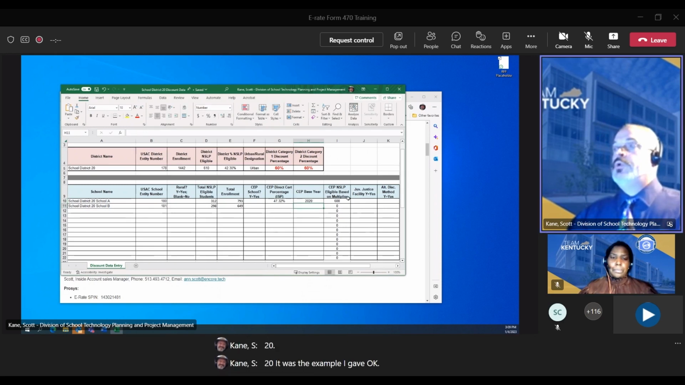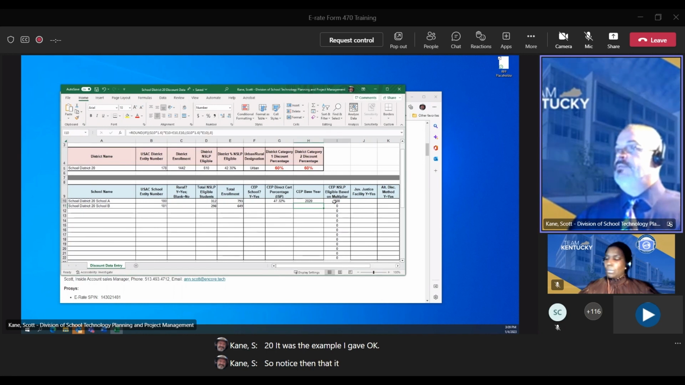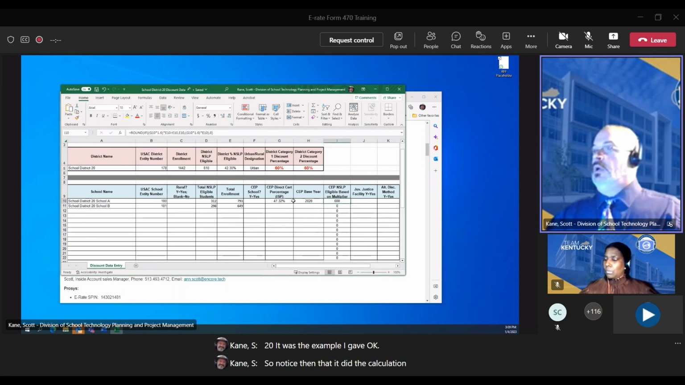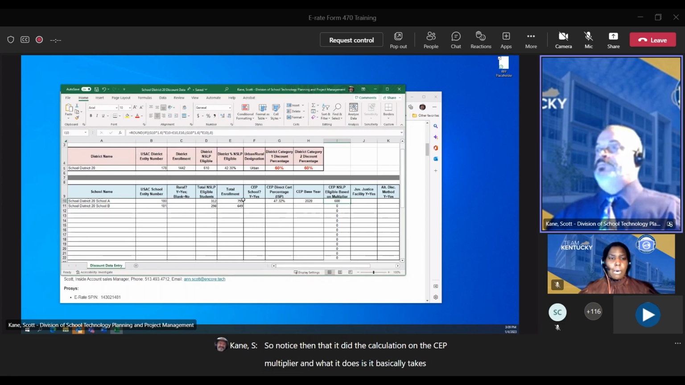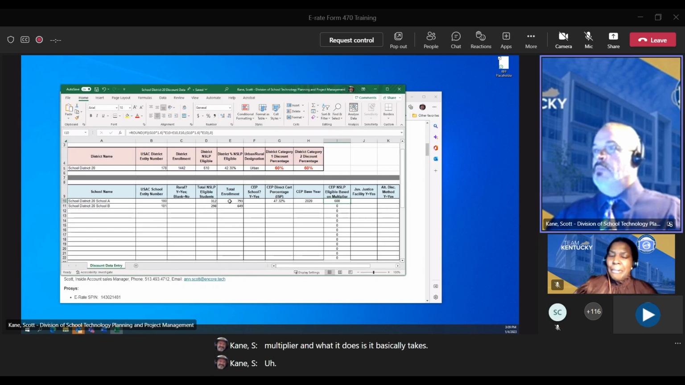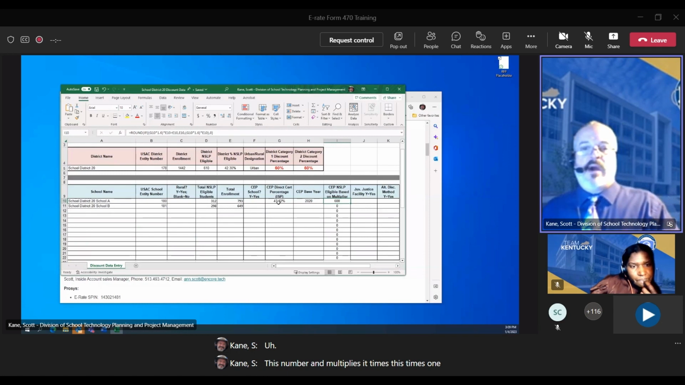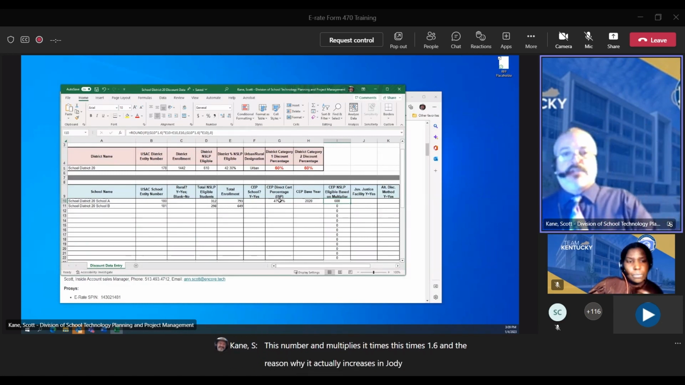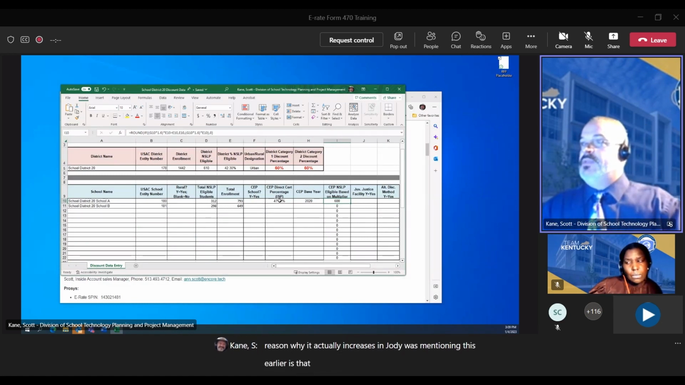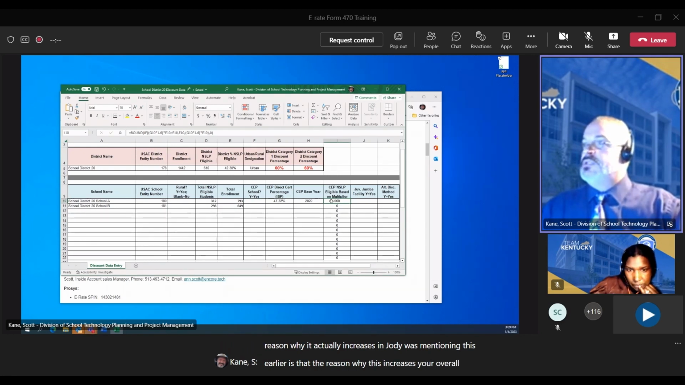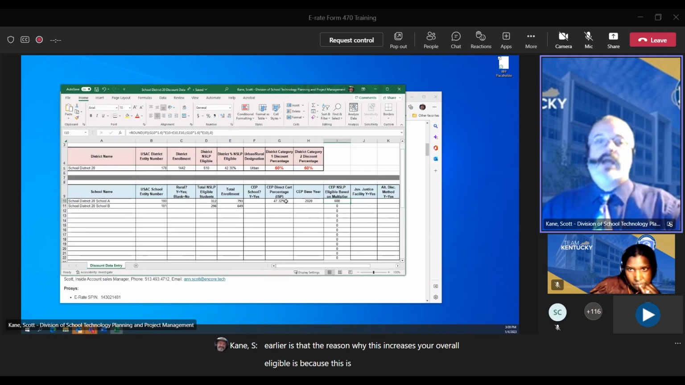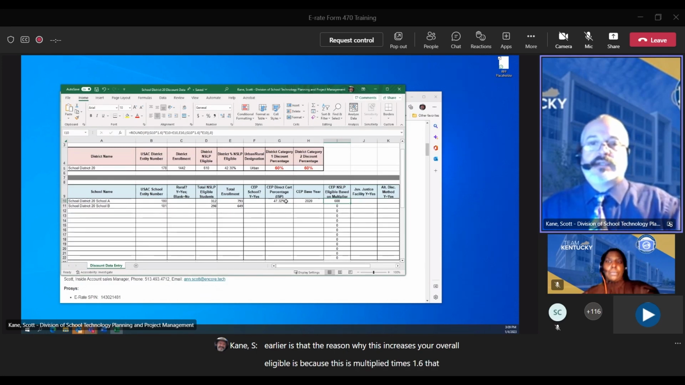Okay. So notice then that it did the calculation on the CEP multiplier. And what it does is it basically takes this number and multiplies it times 1.6. And the reason why it actually increases your overall eligible, and Jody was mentioning this earlier, is because this is multiplied times 1.6. That 1.6 multiplier